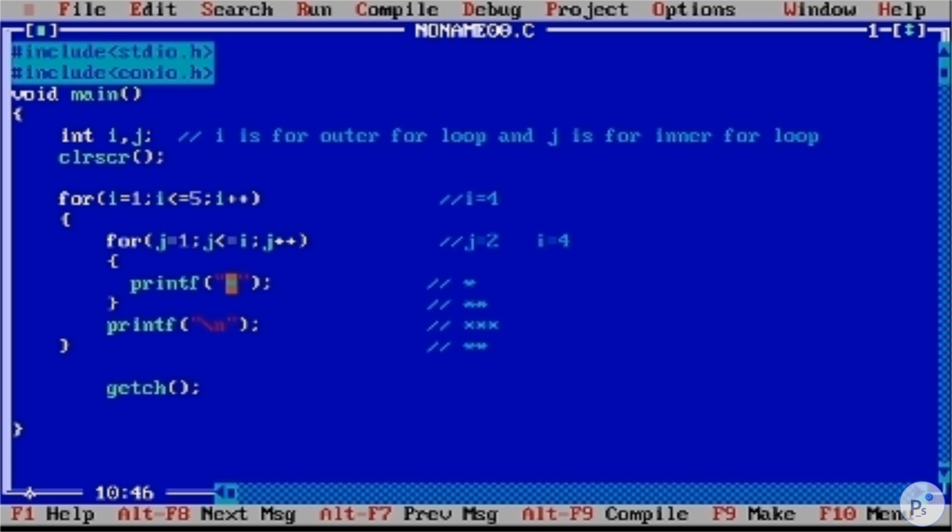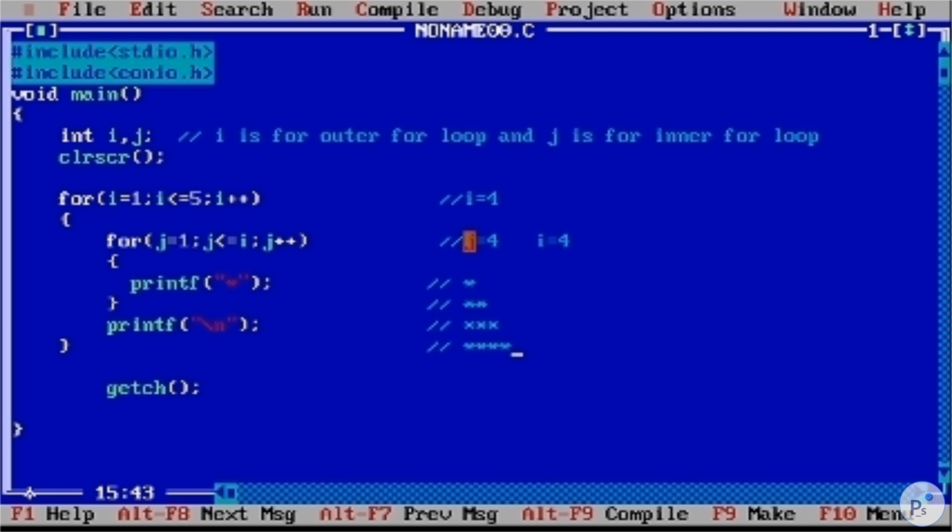This way we control the for loops. So again go up here, increment the value of j. Now the j value is 3. 3 is less than or equal to 4, obviously it will print a star. Again it will go up here, increment the value of j. Now the value of j is 4. 4 is less than or equal to 4, the condition is true because it is equal to, so it will print that star out.